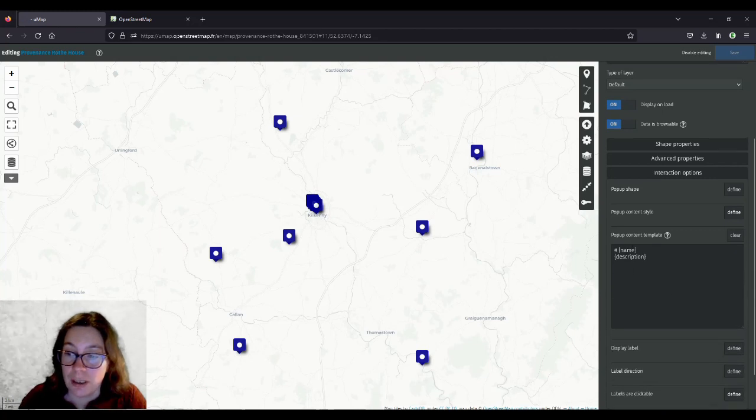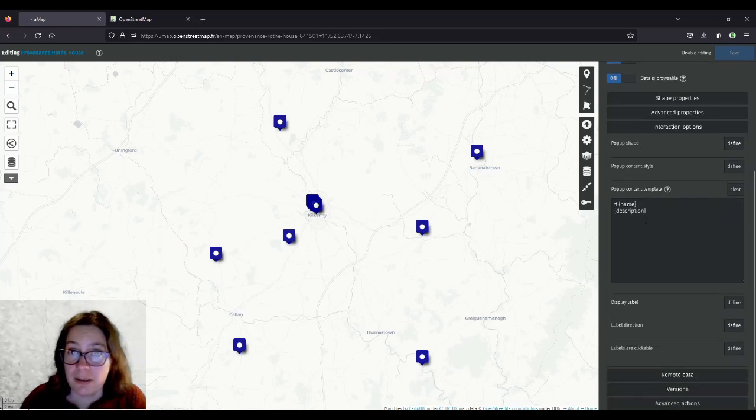And you can see here that it has a hashtag. The proper name is Octothorpe. It's not actually called hashtag. It's called an Octothorpe. And then we have wavy brackets and name. And then in the next line, we have wavy brackets with description. So these are the two things that are being displayed so far. But we want all the other things displayed. And there is a way to format this text.